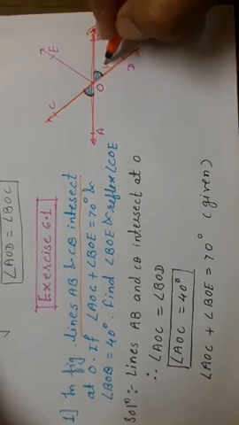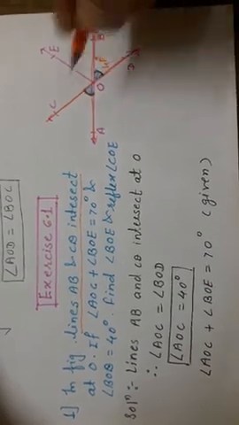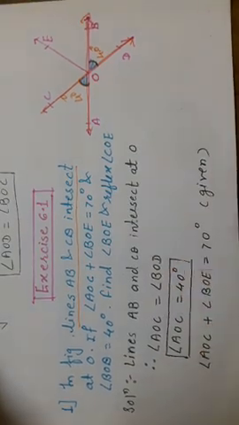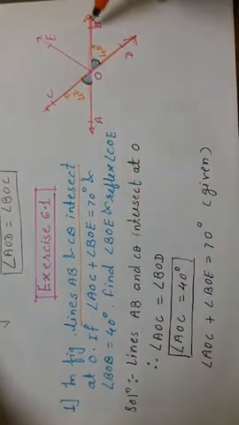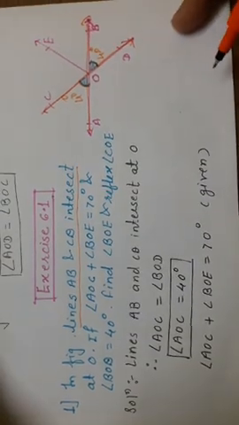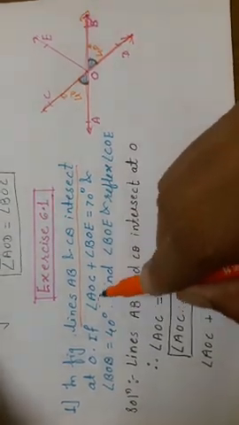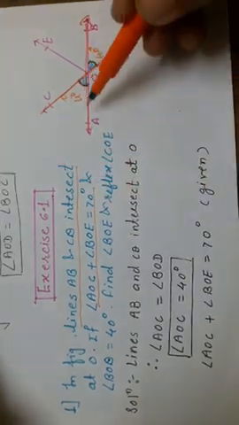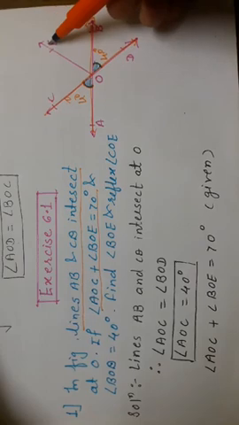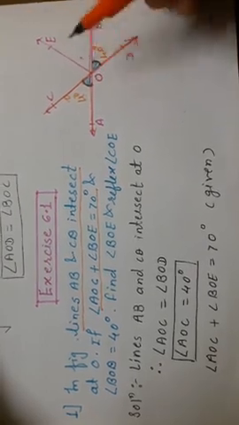BOD is equal to 40 degrees. So what is opposite of this? It is 40 degrees. And what we have to find here is BOE, that we will see afterward, and reflex of COE. We will start this problem. Here we also have to keep in mind, they have given angle AOC and BOE, their sum is 70 degrees.